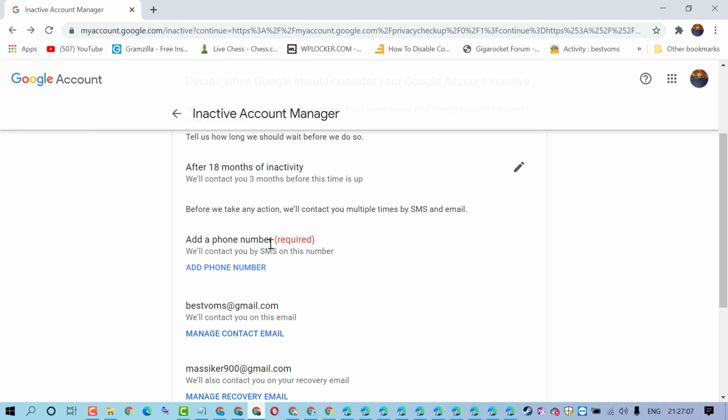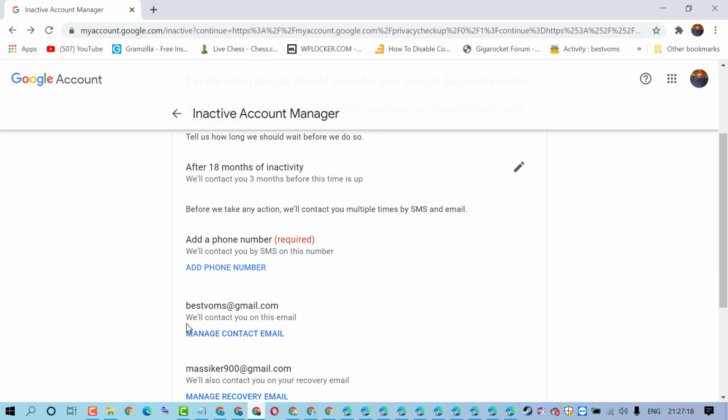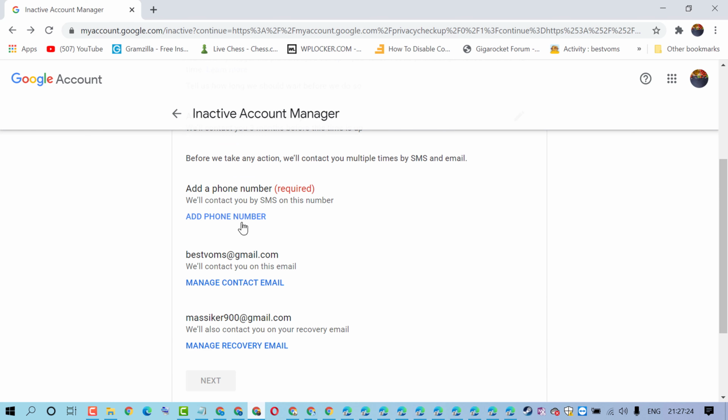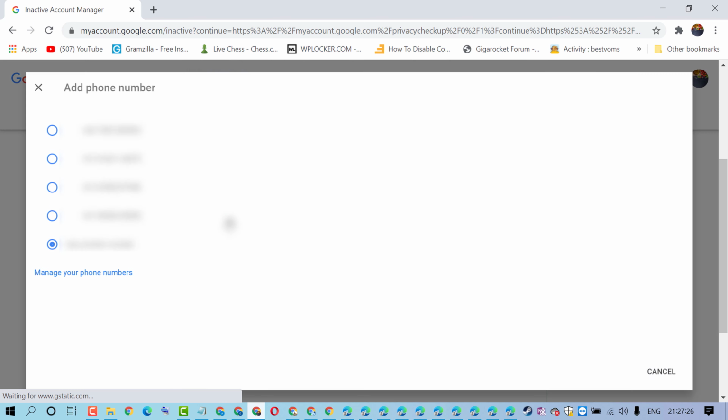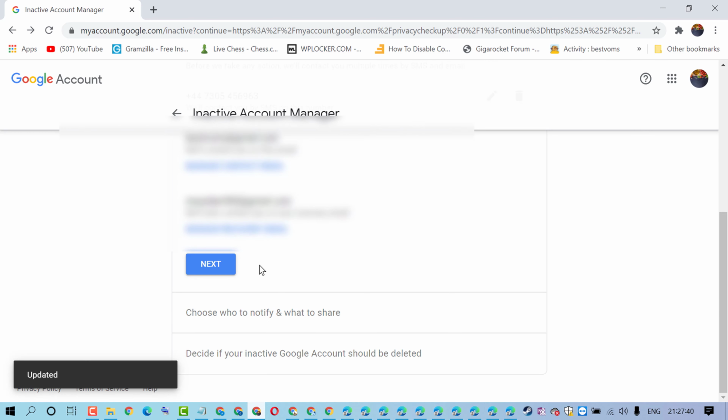So add a phone number, and Gmail will try to contact you by this number, and also they will email you. Then click on next.